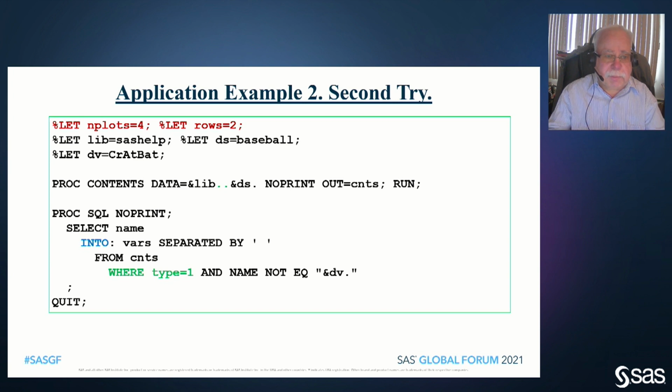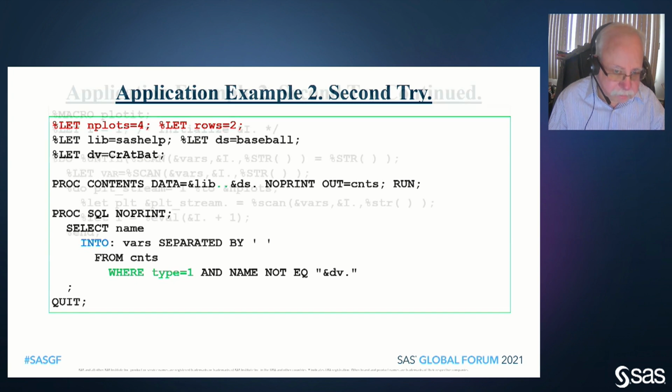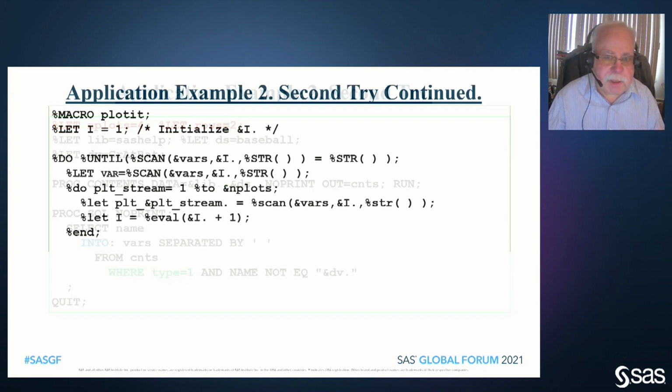So here I'm adding nplots, how many plots I want on each scatter plot. I set rows equals 2, so that by default it would be 2 columns and 2 rows, replicating what I had on the previous page. Now this may be a bit more loopy because there are a lot of loops, and you have to try to focus on what you're actually doing. But it looks like what we did last time.